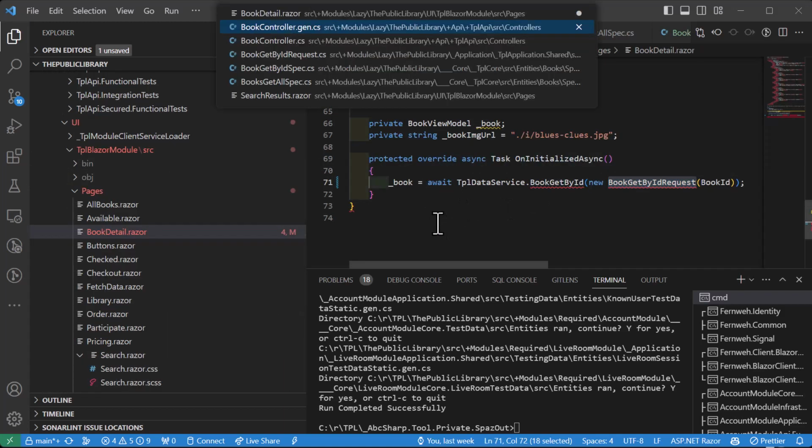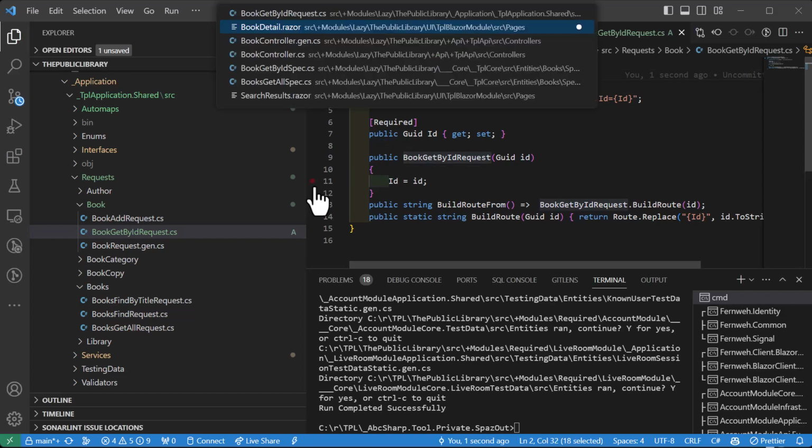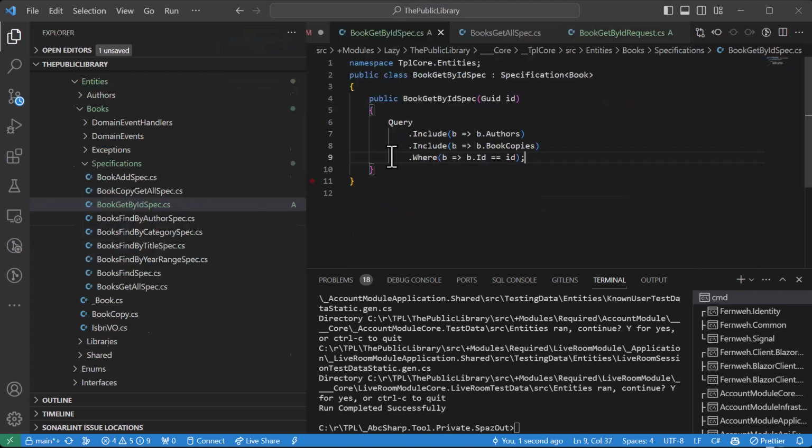We were over here trying to get it by ID, so we built the request. Our request needs to know some things. It's a getter, not a setter, and what? I don't feel like the list problem should be occurring. I feel like this is a miss in the specification that we wrote, that it needs to implement iSingleResult. I feel like it's all red out there. So I'm going to rerun spaz,